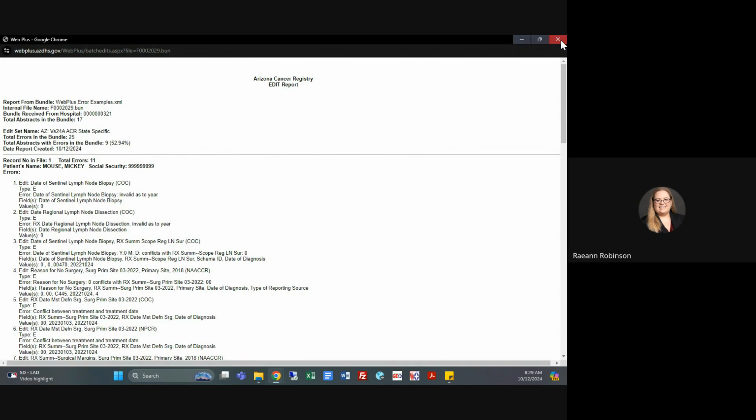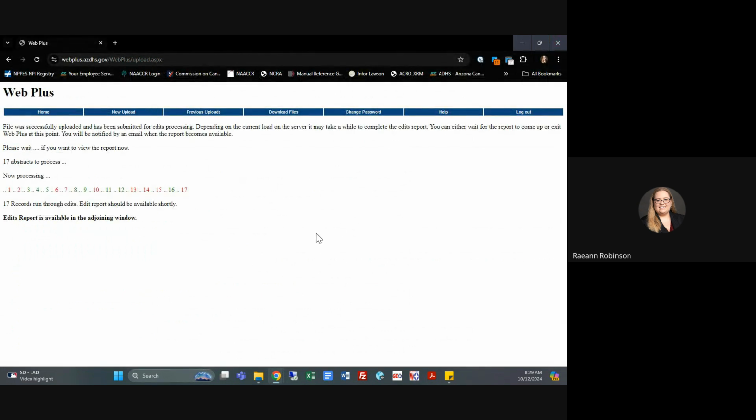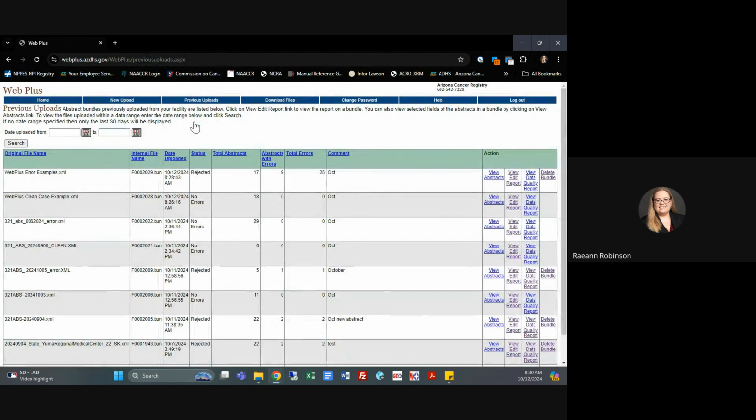So let's say you accidentally exit out of that report or you have your pop-up blockers turned on. You're like, oh man, I needed that edit report. Now I don't have it. You can get to it from a different section in WebPlus. If you go to your previous uploads, track file uploads, you can see everything that you submitted